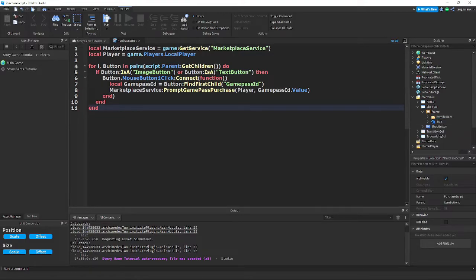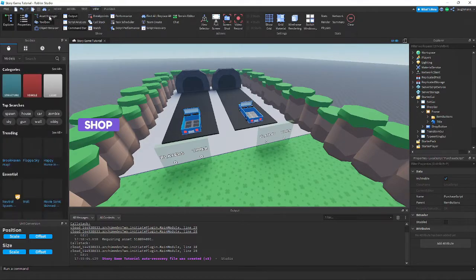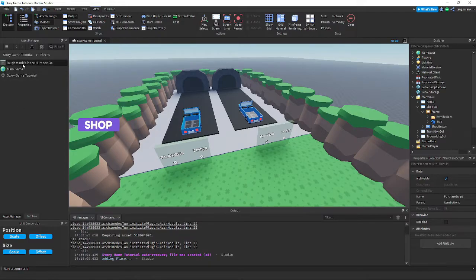So yeah, now if you go into Asset Manager, if you can't see your Asset Manager, just go into View and press Asset Manager. And if we go back, you'll see this. If you go into Places, and if you don't already have a place, just right click and add new place, and you can just rename it, but I don't need that. Now if you go back, if you go into our main game,